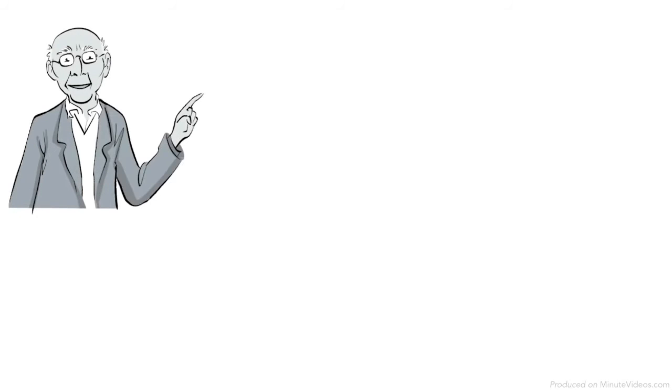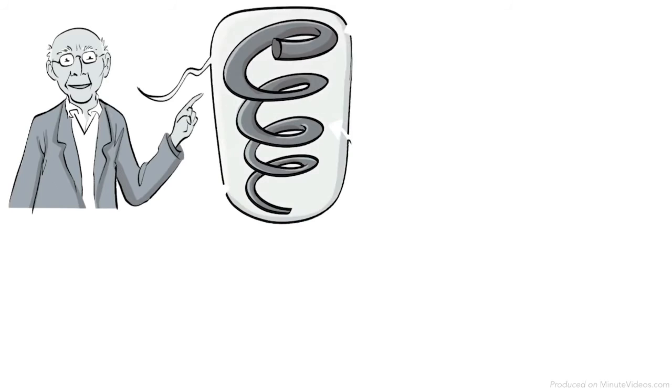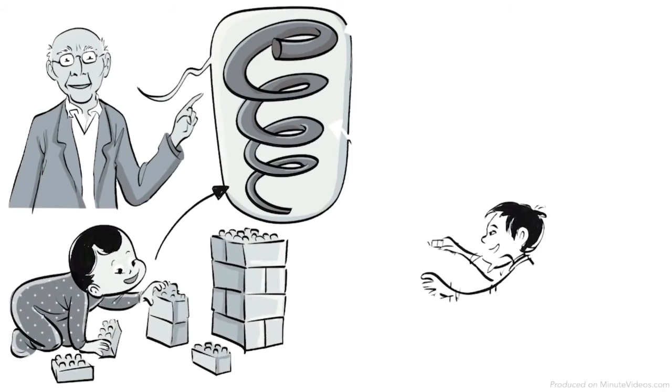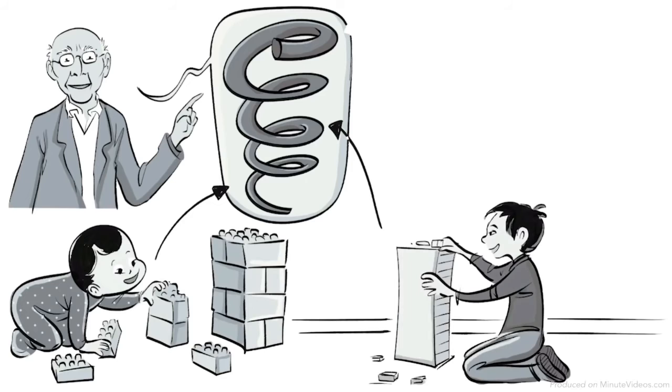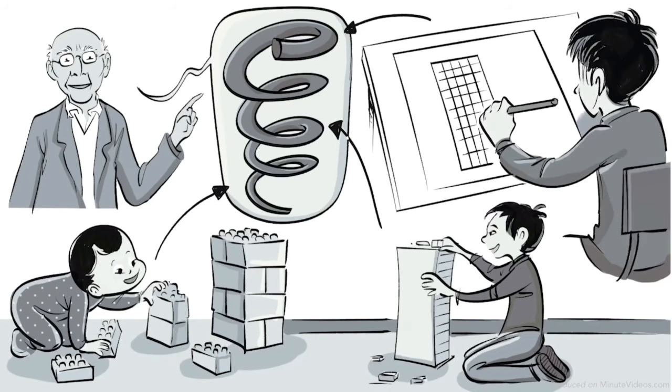Bruner, therefore, advocated for the use of a spiral curriculum with continuous repetition of the same fundamental ideas. The curriculum is comprised of 3 characteristics. Students revisit the same topic at regular intervals. The complexity of the topic increases with each revisit. The new learning has a relationship with previous learning.